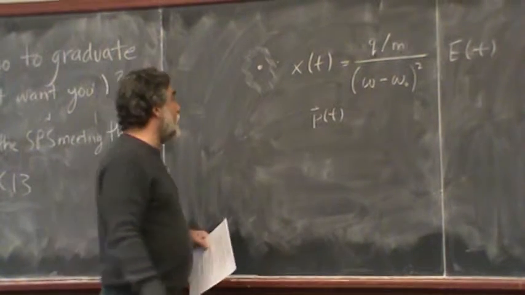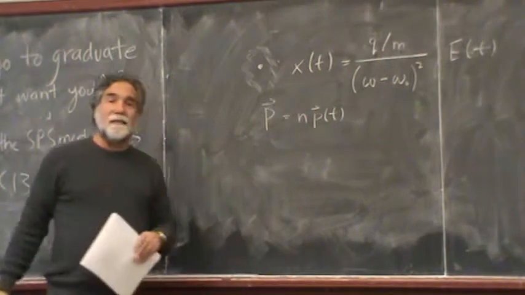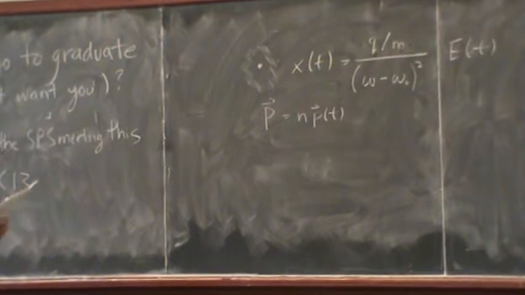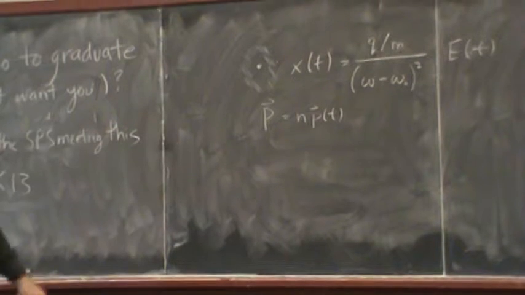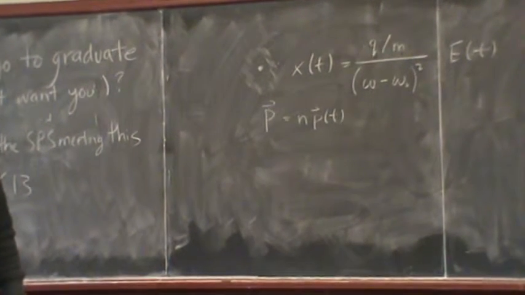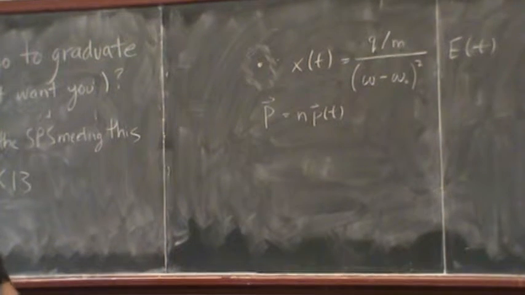So that's the polarization of an individual atom. If I want the overall polarization of the material, it's the density of atoms times the polarization of the individual atom, right? And I know that that polarization, I haven't written it down here, is related to the dielectric function of the material. Right? I apply an electric field, I get a response of the material, and